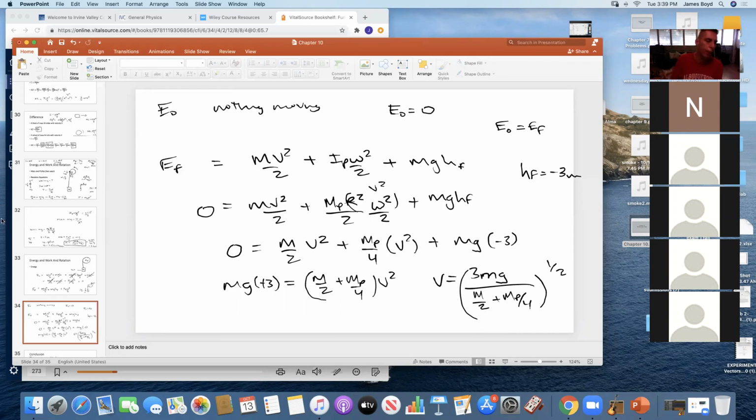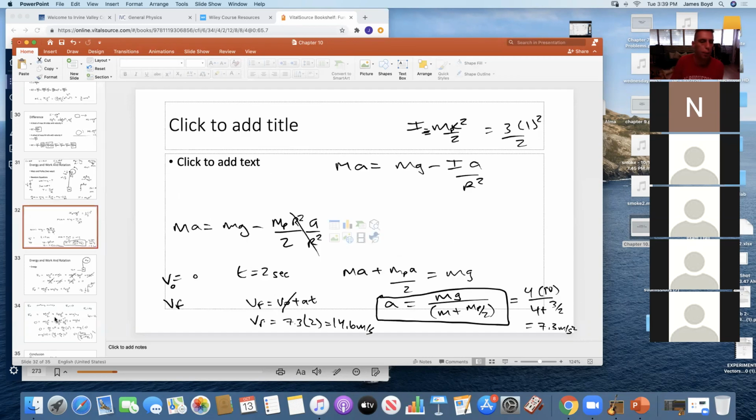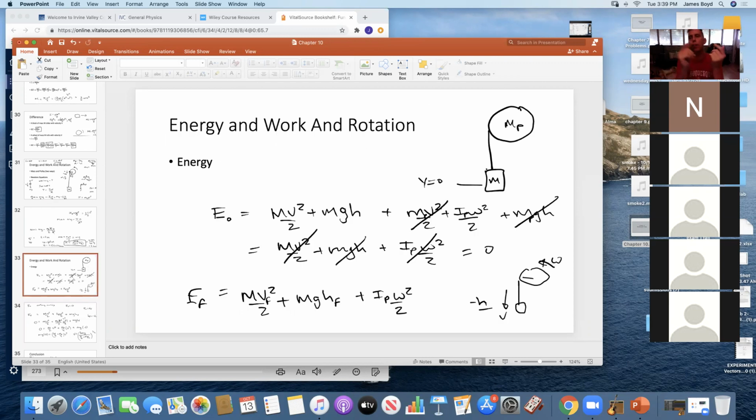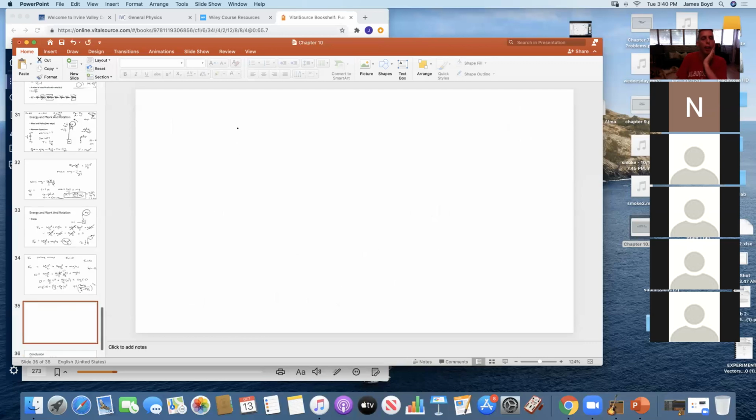I'm going to show you how to do this, but essentially what I really wanted to show you was that when we have something that rotates, we still do energy the way we did it in chapter 8. We just add the term for the kinetic energy of rotation. And in fact, it makes it super easy to just quickly write down what's happening. The only hard part of this, I would say, that I wasn't very clear on is